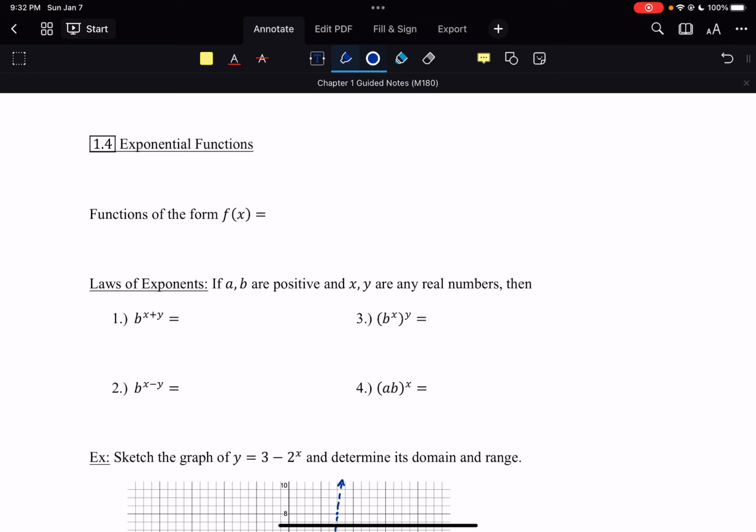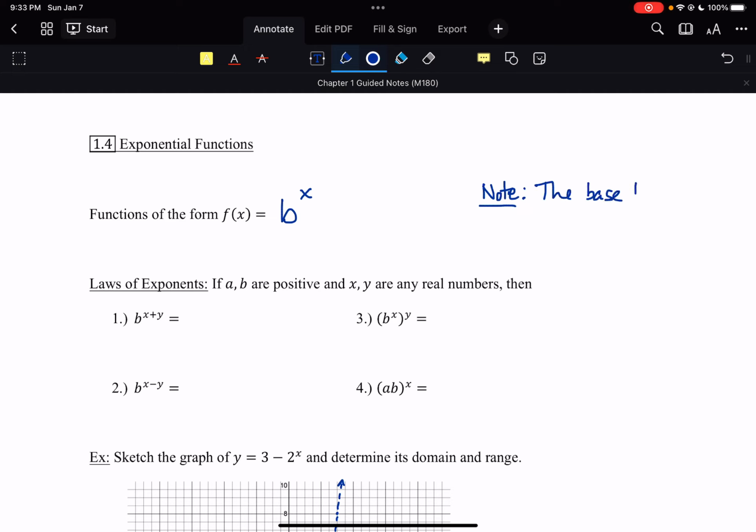Welcome to section 1.4. We are talking about exponential functions in this section, looking at their basic form, looking at them graphically. So to start off, we're going to introduce what an exponential function actually looks like. The general form of an exponential function is b to the x, where b is the base of the exponential function,